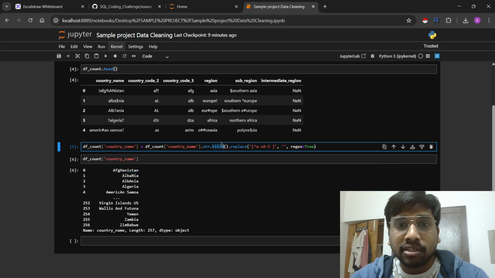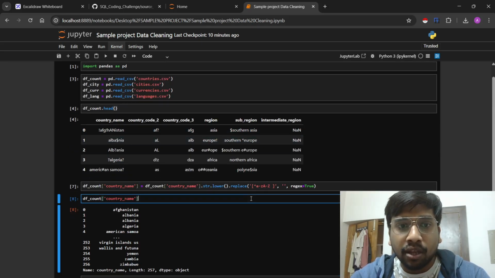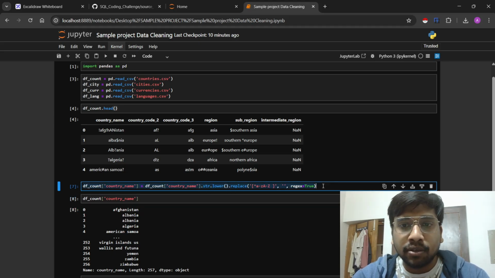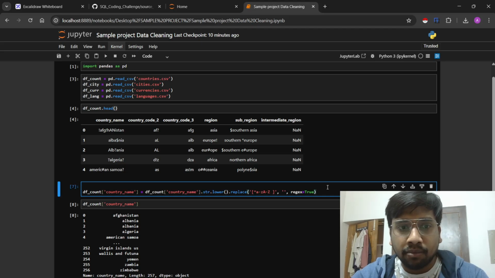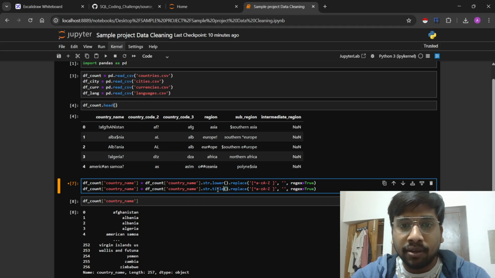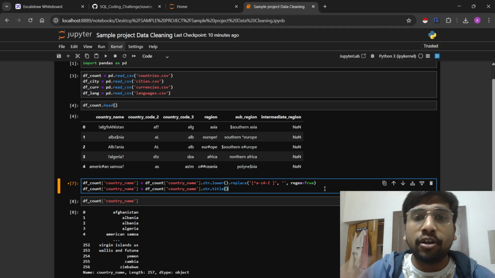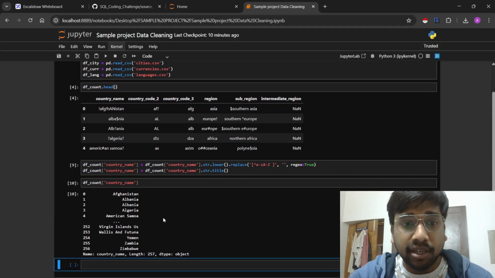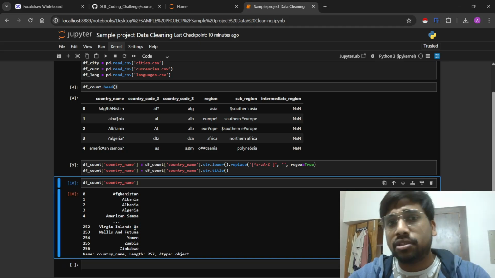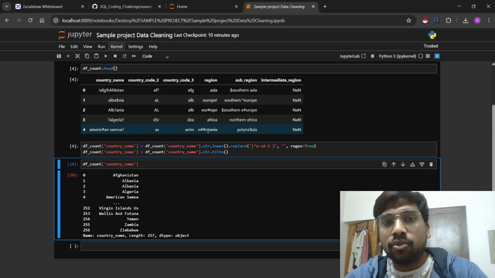After this, let's do dot lower. Okay, now if I run it, now everything has become lower. Now I will run this again, and here I will do title, and I'll remove this part. Now with this we first lowercase everything and then convert it into title case. Now if we run this, you can see that there is no issue and we can continue with this. Only this part is there, US, but I don't think that would cause us a problem. Okay, now I guess we have cleaned this column. Now it's not at all messy.